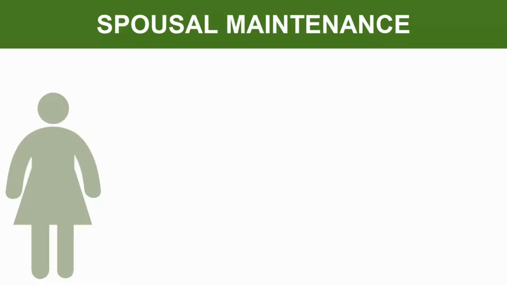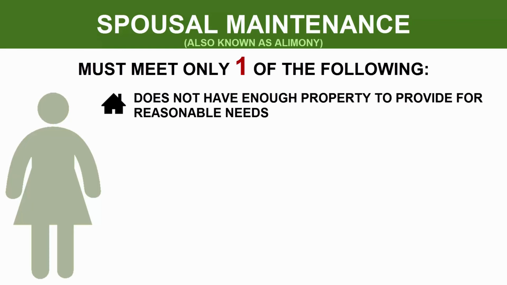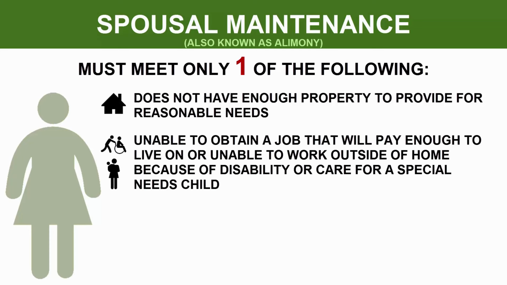The court may also have to decide whether a party gets spousal maintenance, which, in essence, is what people used to call alimony. To qualify for spousal maintenance, the court has to find that the party asking for spousal maintenance meets one of the following criteria. The party does not have enough property, including any property that party receives in the divorce, to provide for the party's reasonable needs. Or, the party is not able to obtain a job that will pay enough to live on,